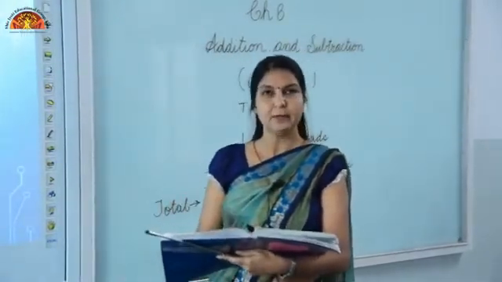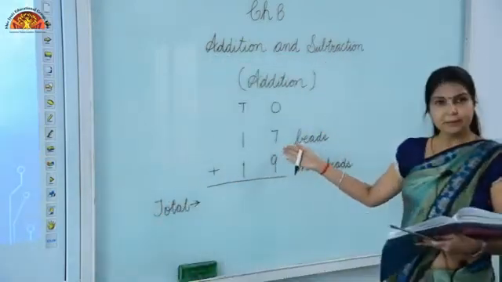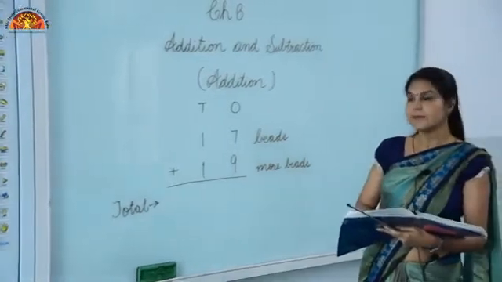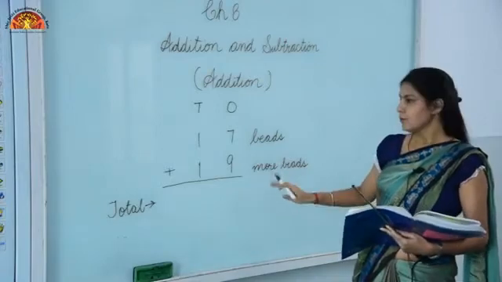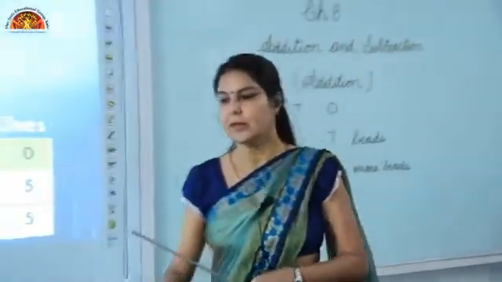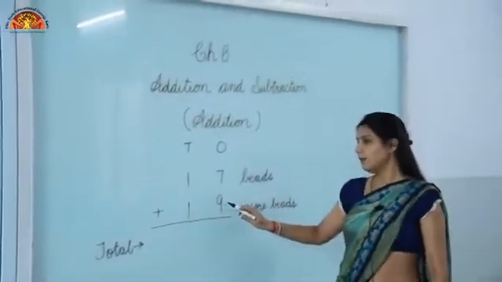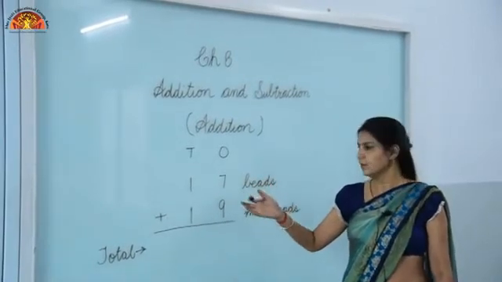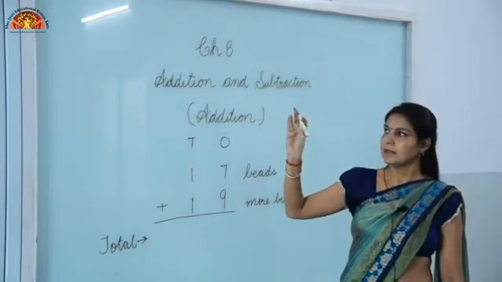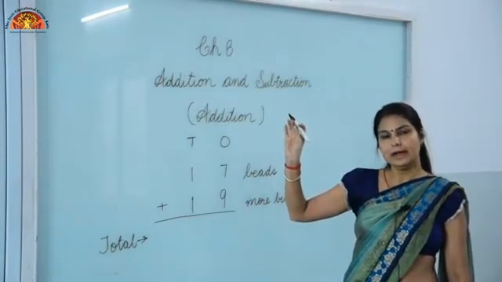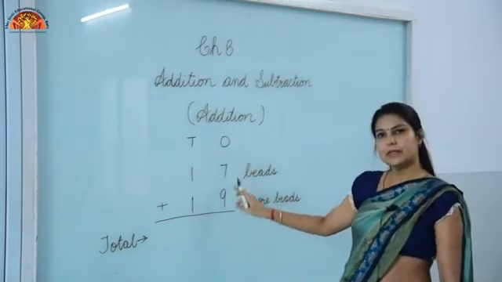So first of all, tell me how many beads Asba has. Asba has 17 beads, and how many does her mother give her? 19 beads her mother gives her. So what will we do? We will find the sum of these numbers. So again we will keep the bigger number in our mind and move forward 7. After 9, 10, 11, 12, 13, 14, 15 and 16. 7 is coming here on our finger. So what is the total of these two numbers?